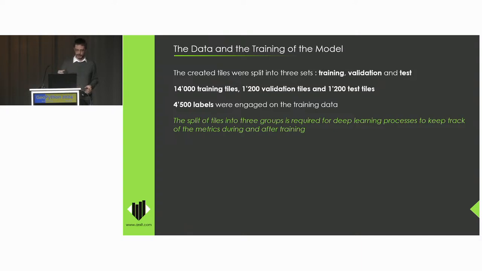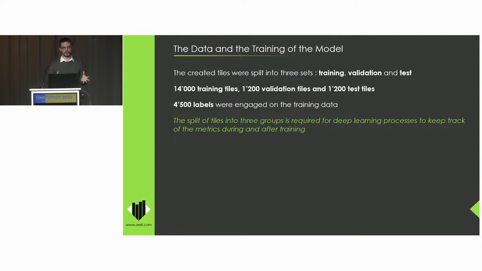Aside from the training set, you have the validation set. A validation set is very important because it's a set that is not formally used during the training, so it's not seen by the model. The model does not see the validation data, but we still compute the metrics, the performances of the model along its training, to keep track of what happens on tiles that are not seen during the training. So it's important to consider a validation set in order to avoid overfitting, and we will have an example just after. And the last group that you want to define, it's not an obligation to have this third group, but it's a good practice to have it.